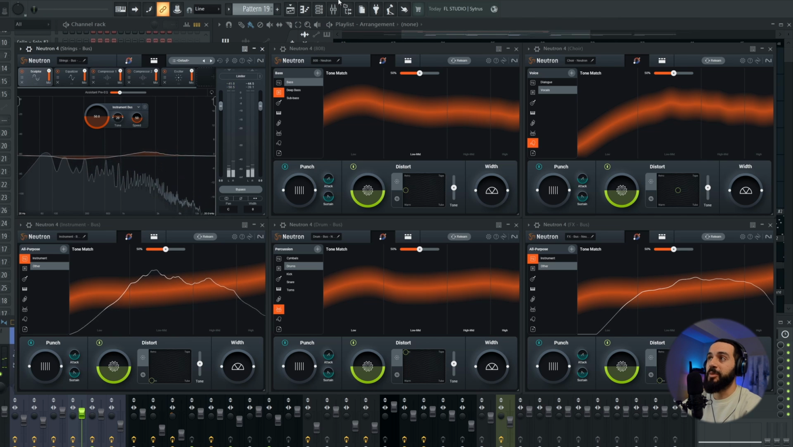I do have to say this is a lot more resource intense as well. I'm looking at my CPU, it jumped up to like 60. So definitely Neutron is a lot more resource intense than Sonible, but that kind of makes sense because it's using more modules as well. Whereas with Sonible, I had just an EQ and a compressor, this has Sculptor, which